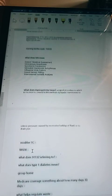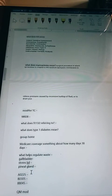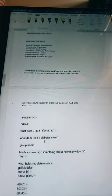Modifiers, TC. This is the new information from another person that gave me all this information this weekend that I need to fix and add more stuff to. We've got a 98928. We also have 91132. Be sure to know what type 1 diabetes means, what a group home is, what Medicare coverage,